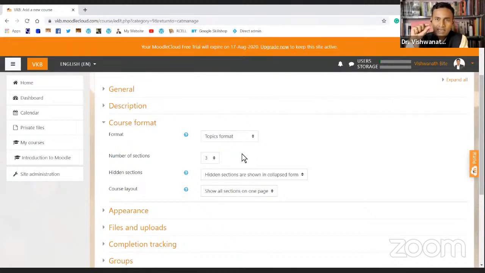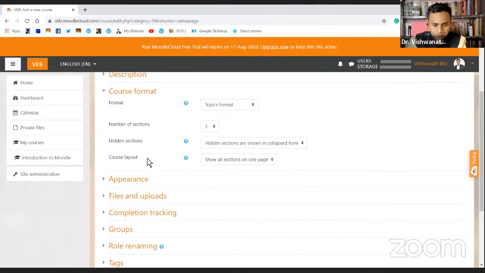So it means I can have module 1, module 2, module 3. You can have up to module 10. Just select, if in your syllabus there are 5 or 10 modules, 10 units, select 10 or 5, whatever it is. For the demonstration I'll just stick with 3.